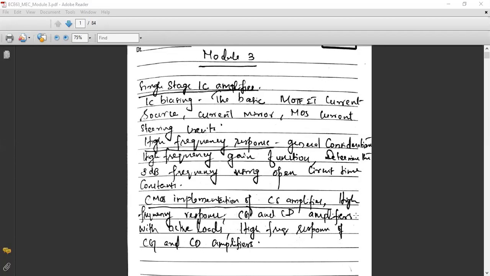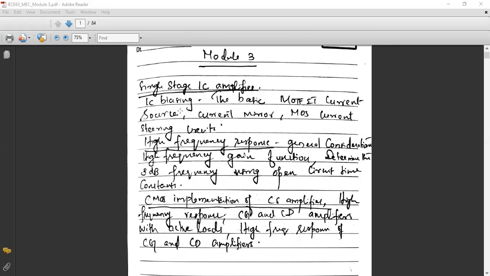We should be able to provide some additional circuitry in order to bias the IC, because it deals with a large number of circuits at a time, right? So there will be more chance of current flow, more chance of voltage and power dissipation, which causes heating of the IC, and it will burn out gradually, or the age of the IC will be less. So we have to take care of the lifetime of the IC by using proper biasing techniques. This current source, current mirror, and current steering circuits are basically used for IC biasing.